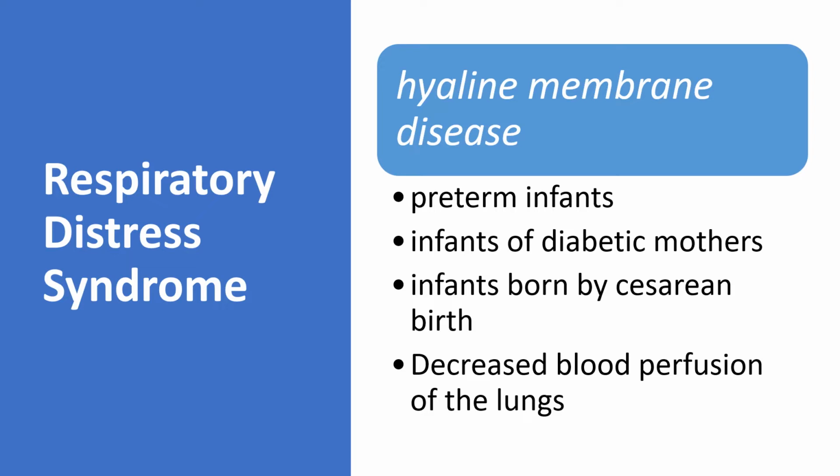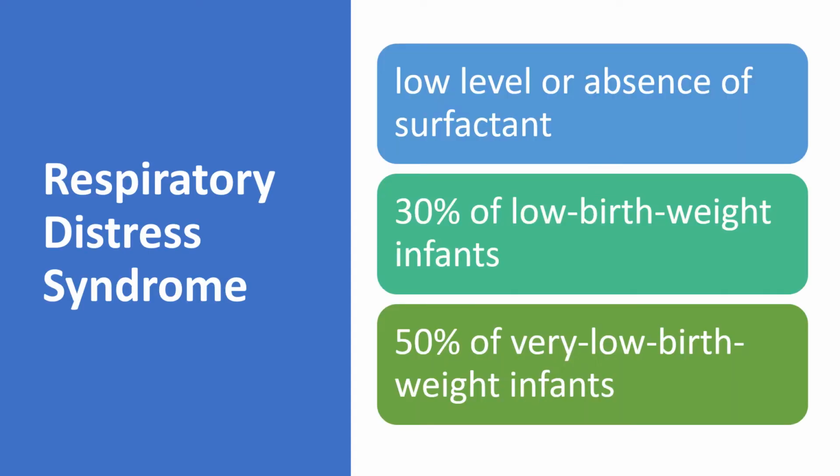reason, have decreased blood perfusion of the lungs, such as occurs with meconium aspiration. The cause of RDS is a low level of or absence of surfactant, the phospholipid that normally lines the alveoli and reduces surface tension to keep the alveoli from collapsing on expiration. 30% of low birth weight infants and as many as 50% of very low birth weight infants are susceptible to